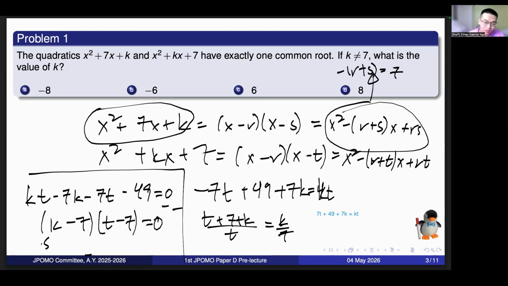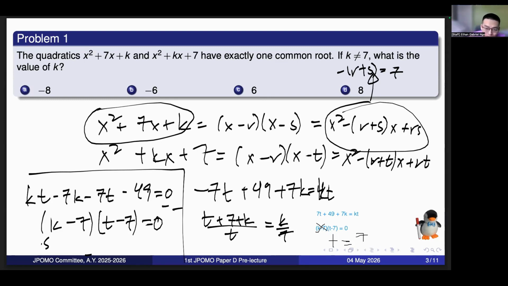And using this equation, if we add 49 to both sides, what we'll be getting is k minus 7 times t minus 7 equals 0. Since we cannot have k equals 7, the only possible solution is t equals 7,